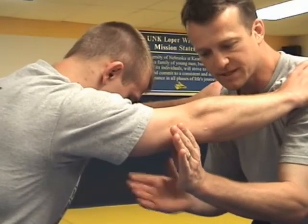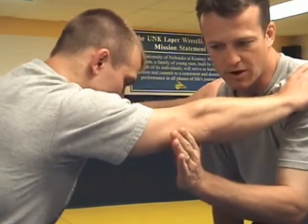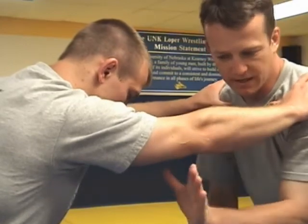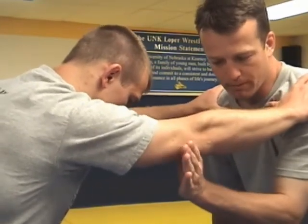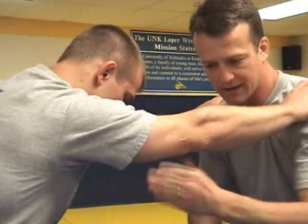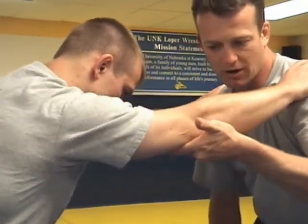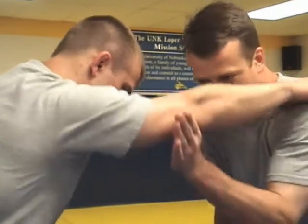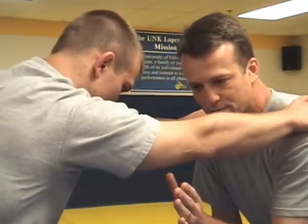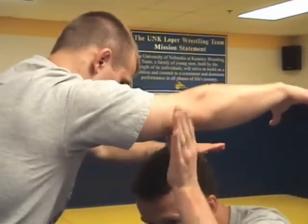Couple points of emphasis. When you're posting your opponent's arm, when you're doing a post double, make sure your hand creates this V when you're posting at or above the elbow. Gives you support. Your wrist gives you support underneath your hand as opposed to lifting the arm like this. Again, we're not lifting these arms up in the air. It's a quick post, pop, and I want a split second where I can change my level and take my